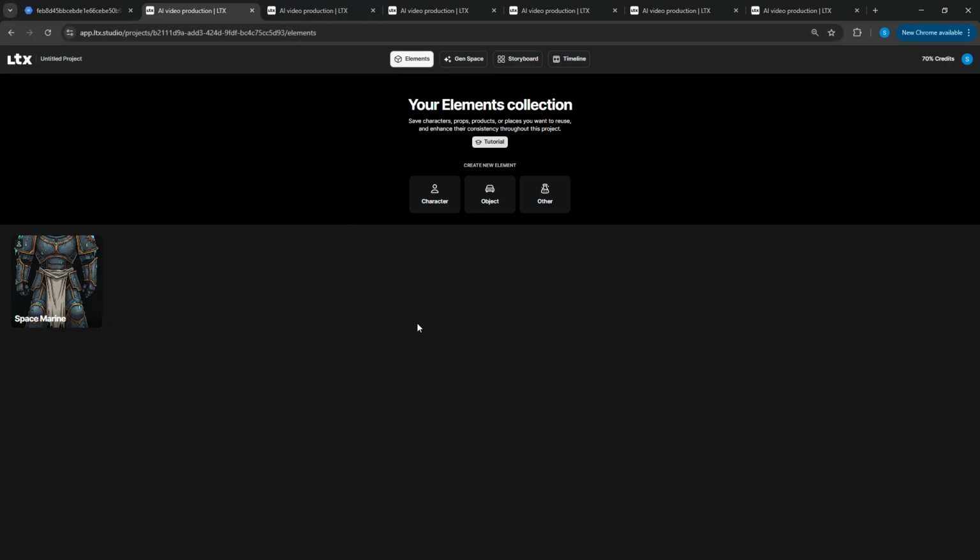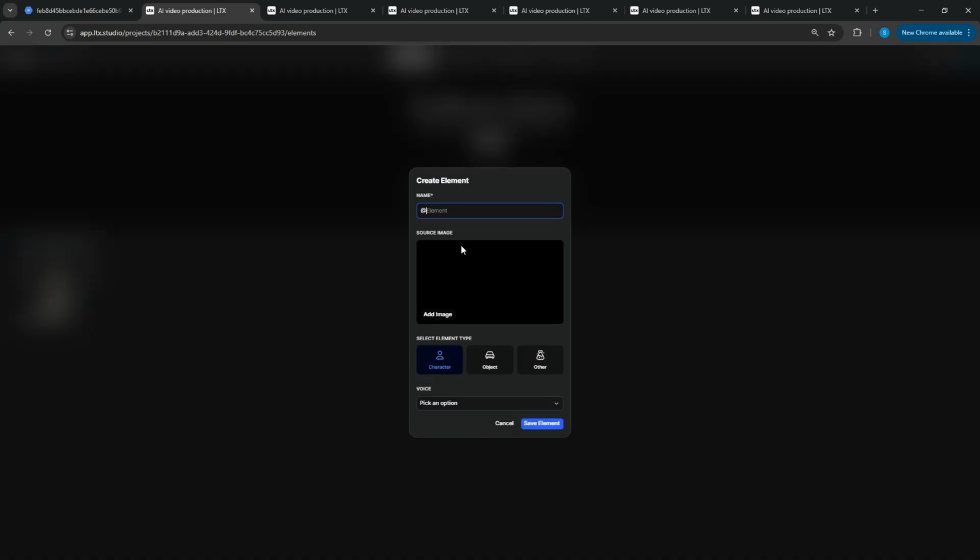But yeah, another thing that was really confusing me was when you create a character inside LTX here, you can really just add one picture, right? And that's your only picture. Whereas I recall in the last one, you were able to train the AI more, and you were able to add several pictures into just one character. And I'm wondering if this was actually